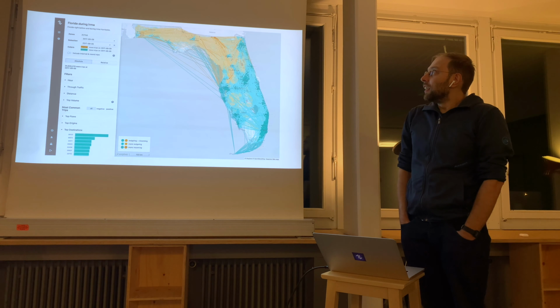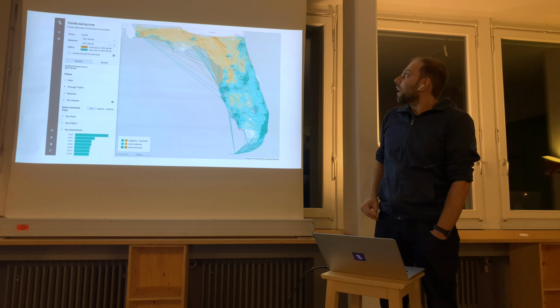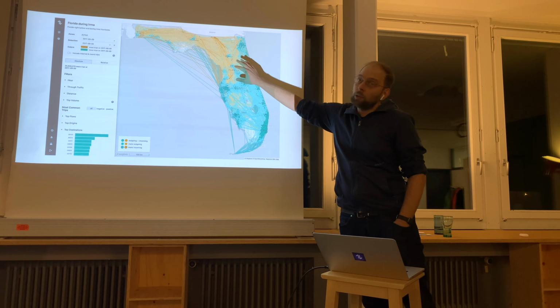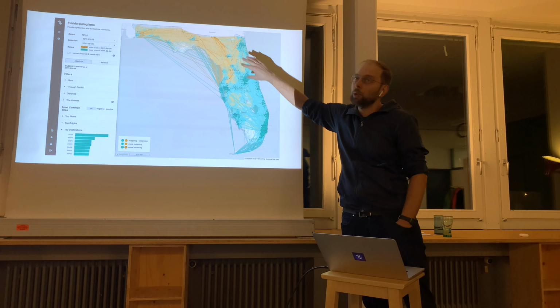With green, and with yellow, you see that there were much fewer movements in this area, and that people tried to move away from Florida. So in big places, people stayed at home, but some of them tried to move away.